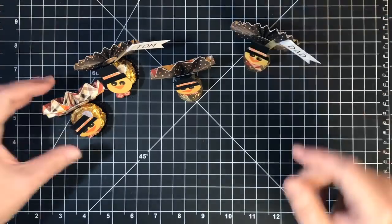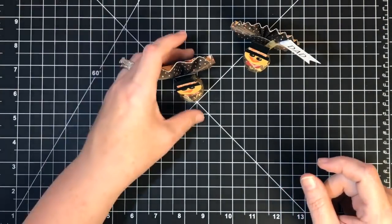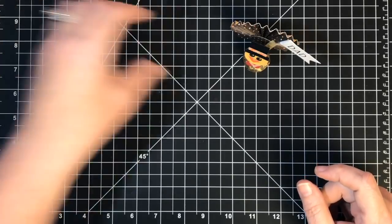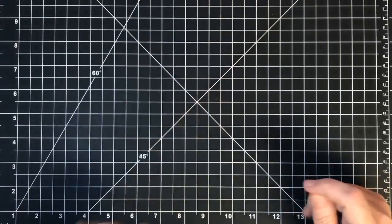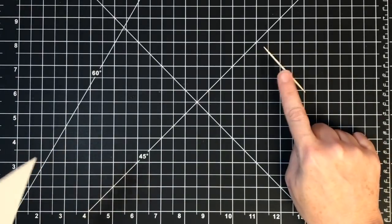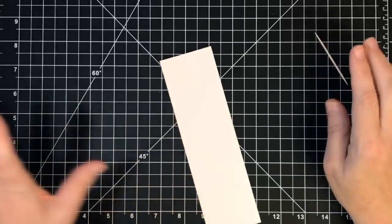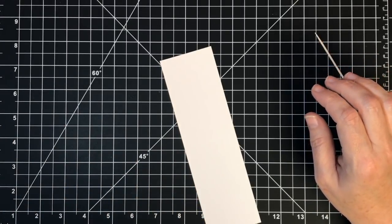Let's make a flag. So I have some stamps all ready to go. Let me move all these guys out of the way. They're really cute, aren't they? I got a little army of turkeys staring at me. Okay, I'm going to use a toothpick for these. Real easy. And I'm just using a piece of scrap white paper, some ink,